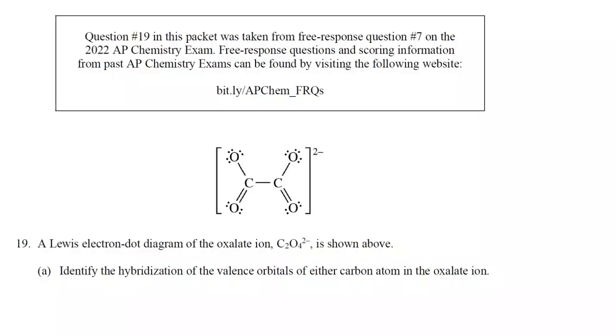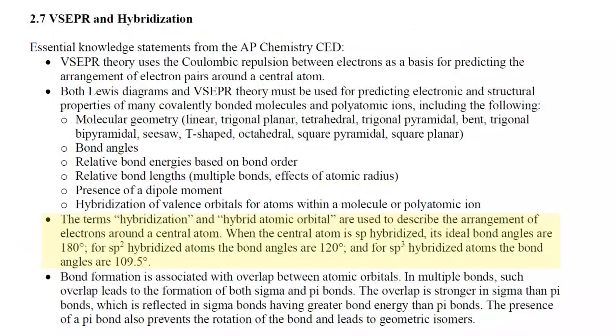We are given a Lewis electron dot diagram of the oxalate ion, which has the chemical formula C2O4 2-. And part A says, identify the hybridization of the valence orbitals of either carbon atom in the oxalate ion. So here comes the review of things you had learned earlier. Back in Unit 2, Topic 2.7, VSEPR and hybridization, it says that the terms hybridization and hybrid atomic orbital are used to describe the arrangement of electrons around a central atom. So the answer to this question is either sp,